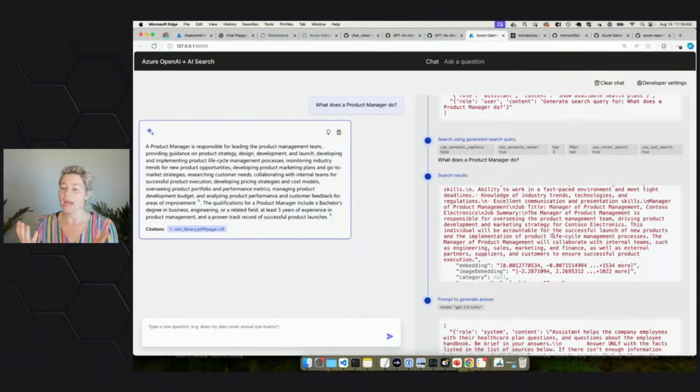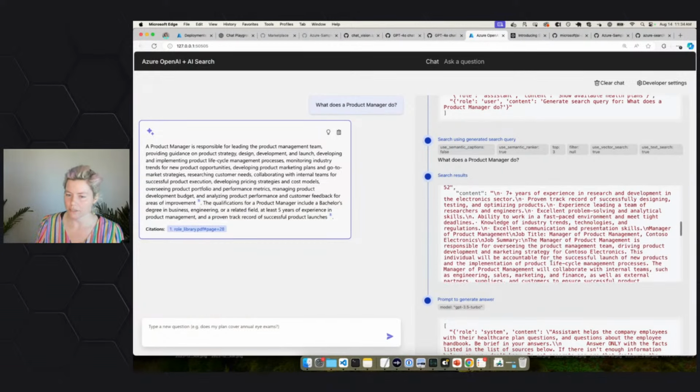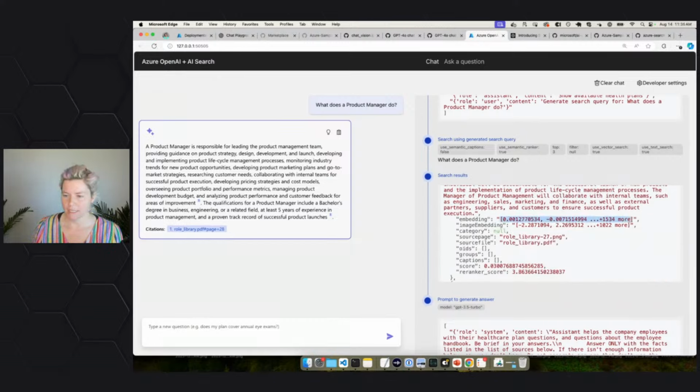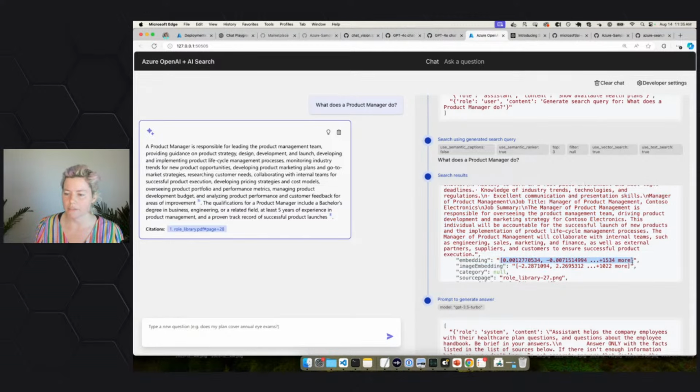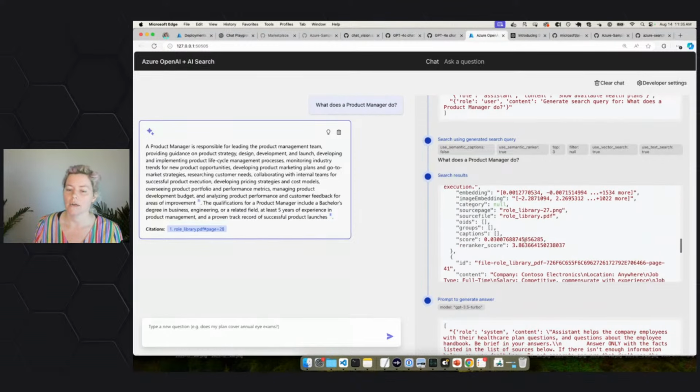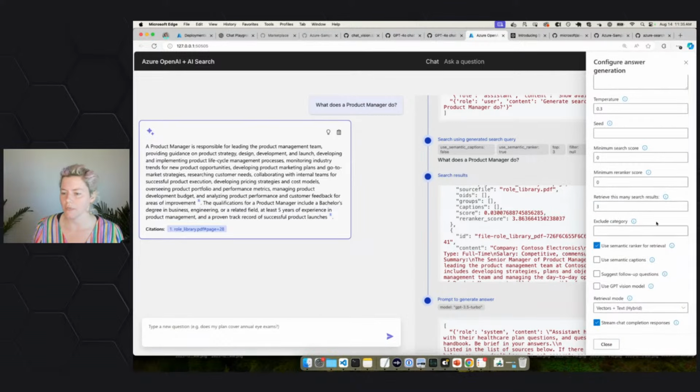Now, the standard way of doing RAG is that we want to do a really good search of our search engine, so we do what's called a hybrid search. A hybrid search does both a vector search and a full text search. We've got text content that we're searching, and we also have embeddings that we're searching. So we search the text and do a vector search in the embeddings, and then Azure AI Search merges those results together and uses the semantic re-ranker to come up with the best results. That's all configured here: we're using semantic ranker and doing a hybrid search, and that all works. So let's go ahead and try this with vision